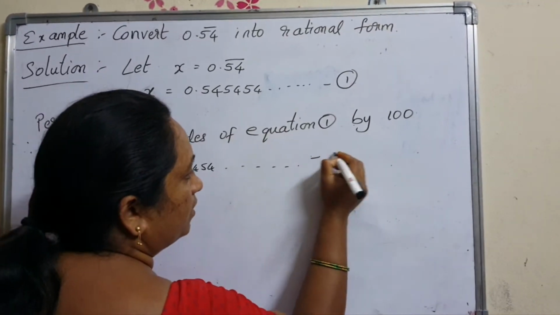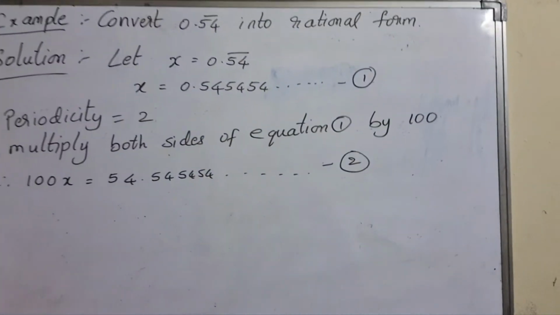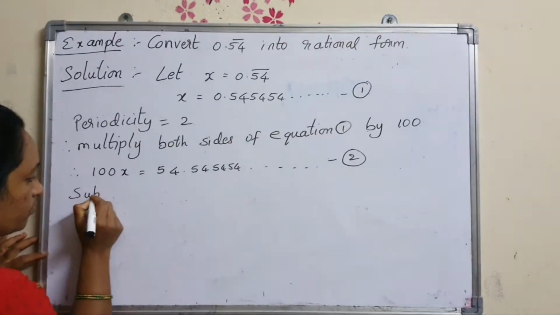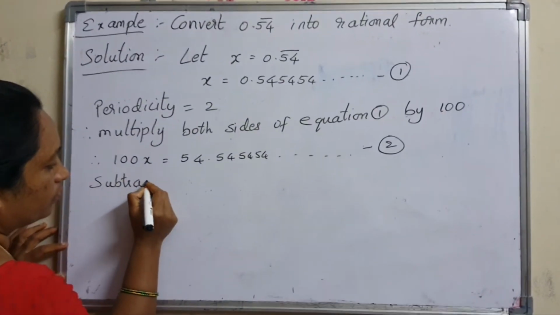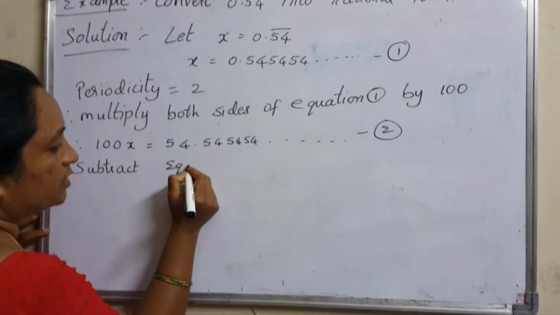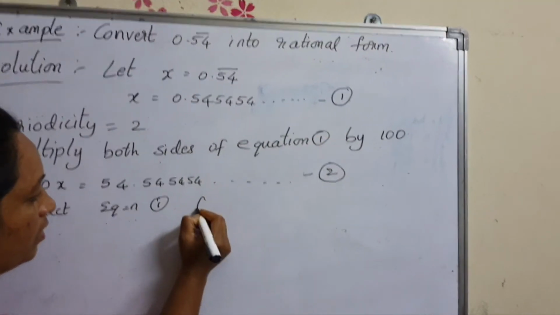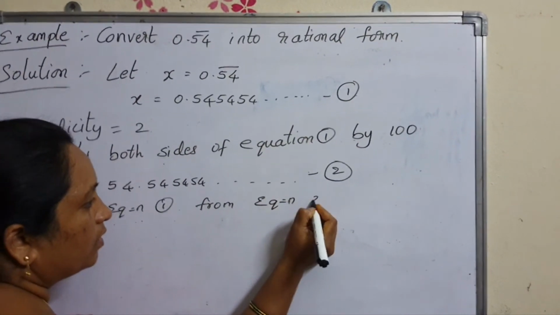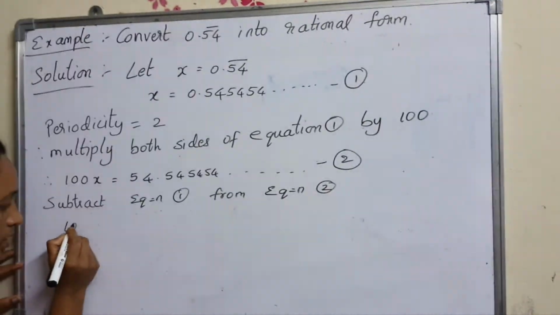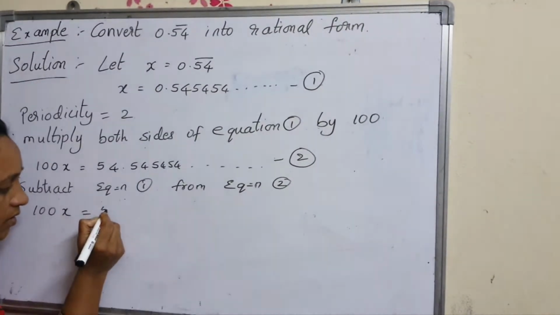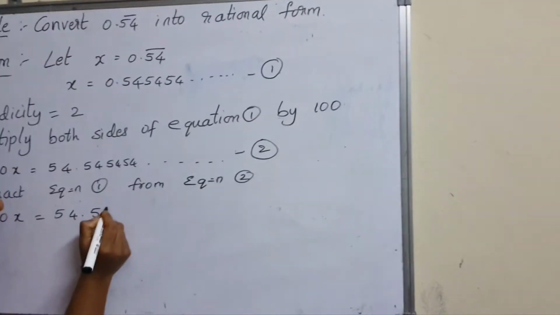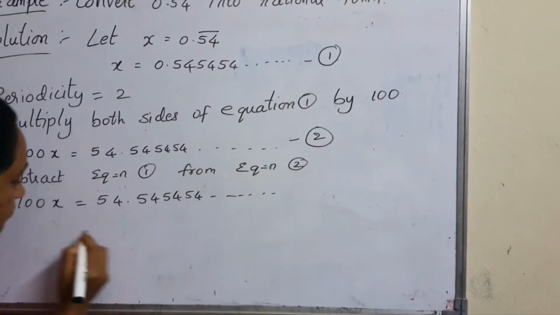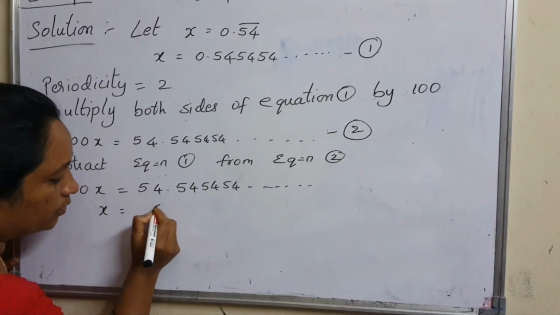This is equation 2. Now we have to subtract equation 1 from equation 2. Therefore, 100x is equal to 54.545454, and so on. x is equal to